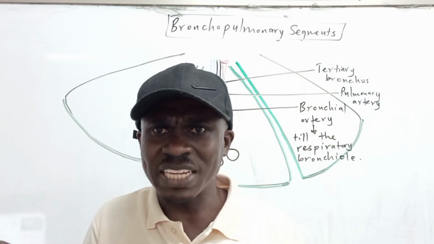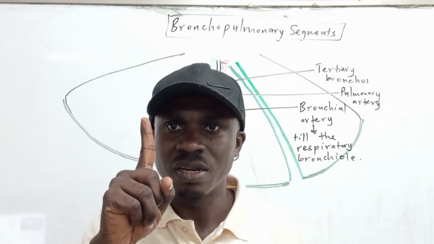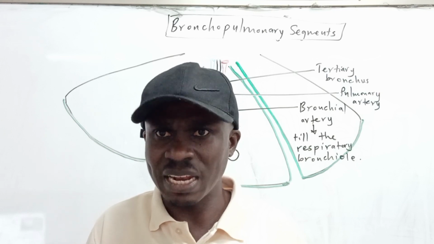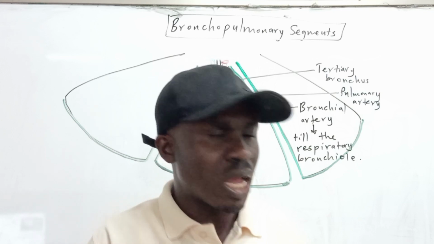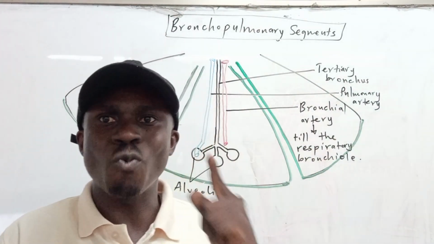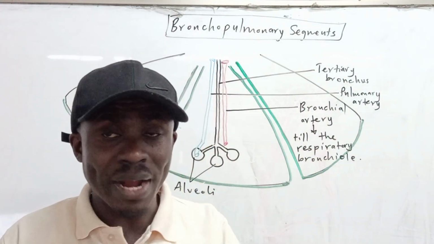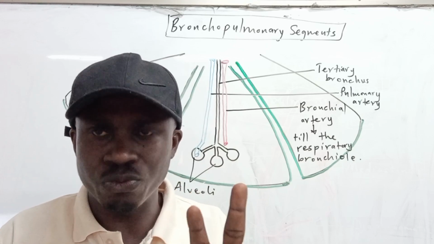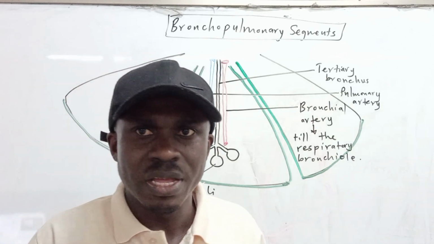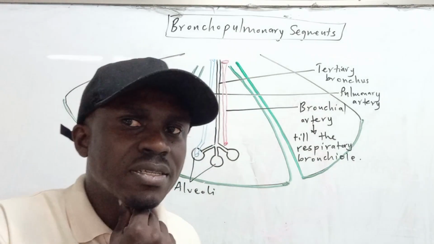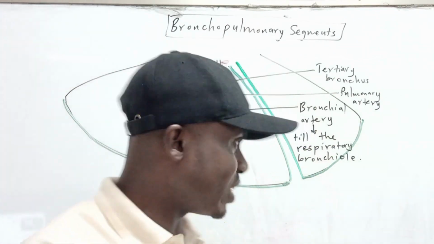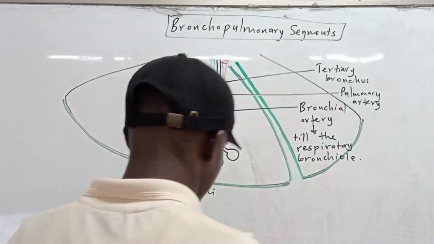In the case of the right, we are having one bronchial artery. Yes, okay, that is what I'm trying to tell you. So if it is the right one, we say we are having one. Right is one, but for left, we have two. Now, where are those arteries coming from? So the left bronchial arteries, I want you to note that one also, very important, extremely